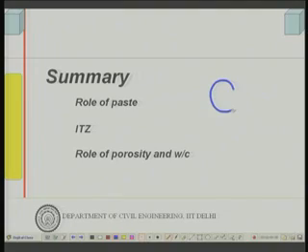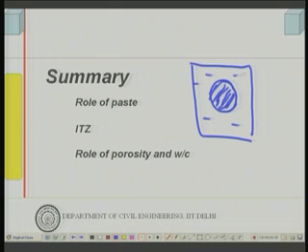let us say if this is my cement particle, and you remember we discussed hydration growth, and let us say I have water in the surrounding. The volume of this water associated with a single cement particle would be a function of water cement ratio. Now, the higher this water cement ratio, the more the volume of water will be, and the hydration product will fill in only some portion, and